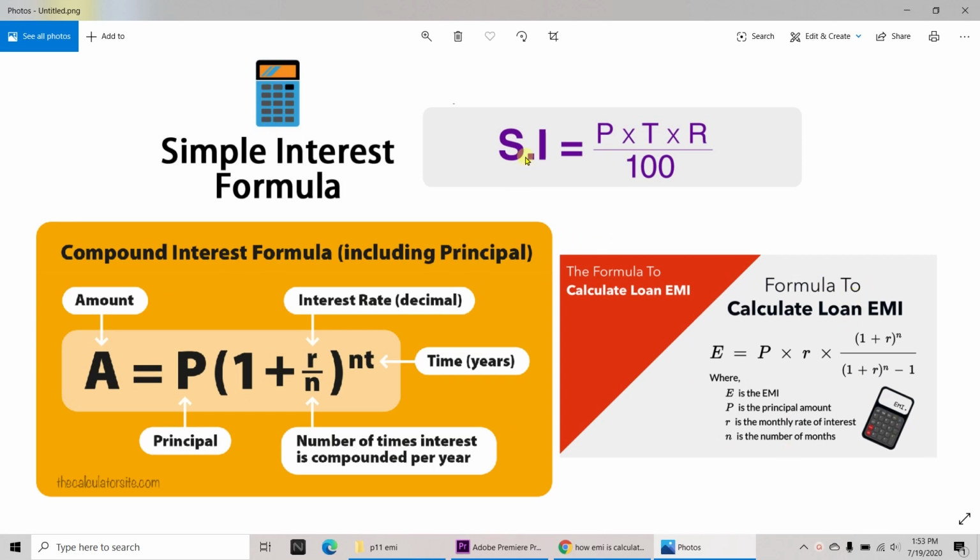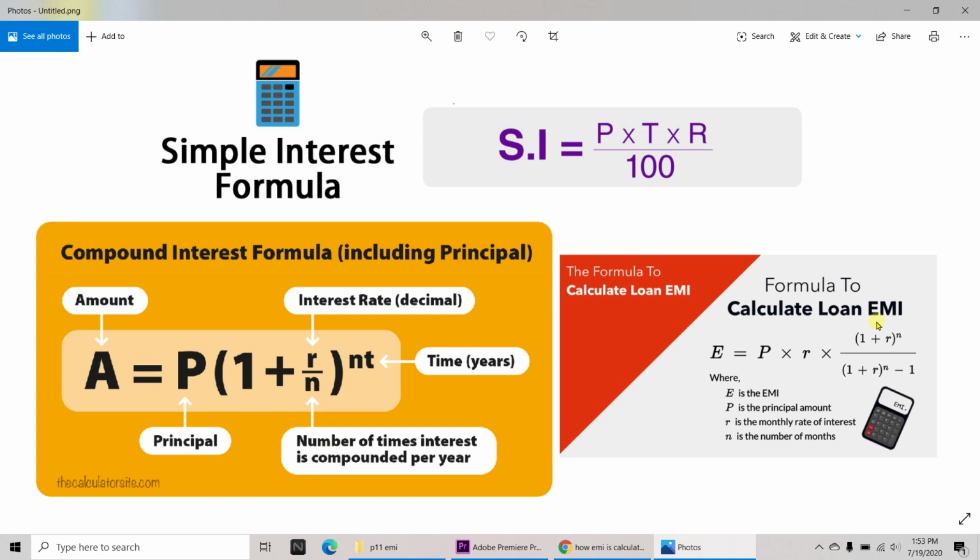Most of you know about simple interest and compound interest. So, what is this EMI? Equated monthly installment. So, what do you mean by equated monthly installment? Suppose you take a loan. Let us take you have taken a 10 lakh loan, and you need to repay it to the bank. So, how much per month you need to pay? Equated monthly installment. Monthly, how much you need to pay?